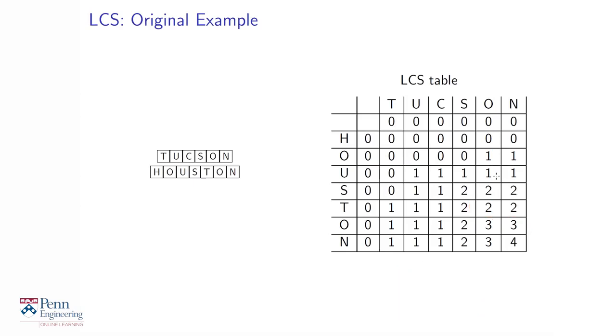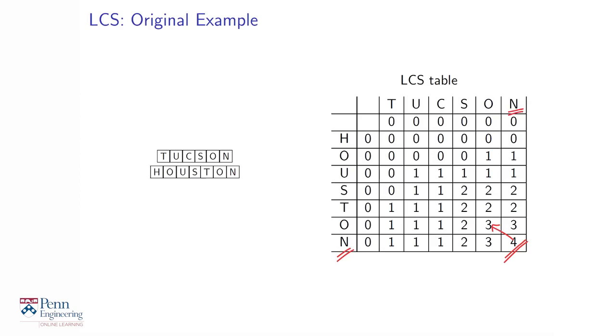So we fill this table up, and at the end we find that the longest common subsequence between Tucson and Houston has length 4. Now, how did I get the 4? Well, you can actually trace it back and say, obviously this 4 came from the 3 here, diagonally above, because if it came from above or to the left, it wouldn't have increased by 1. So that means this corresponds to matching the last Ns of Tucson and Houston. So I match the last Ns of Tucson and Houston, and I use the length 3 longest common subsequence of